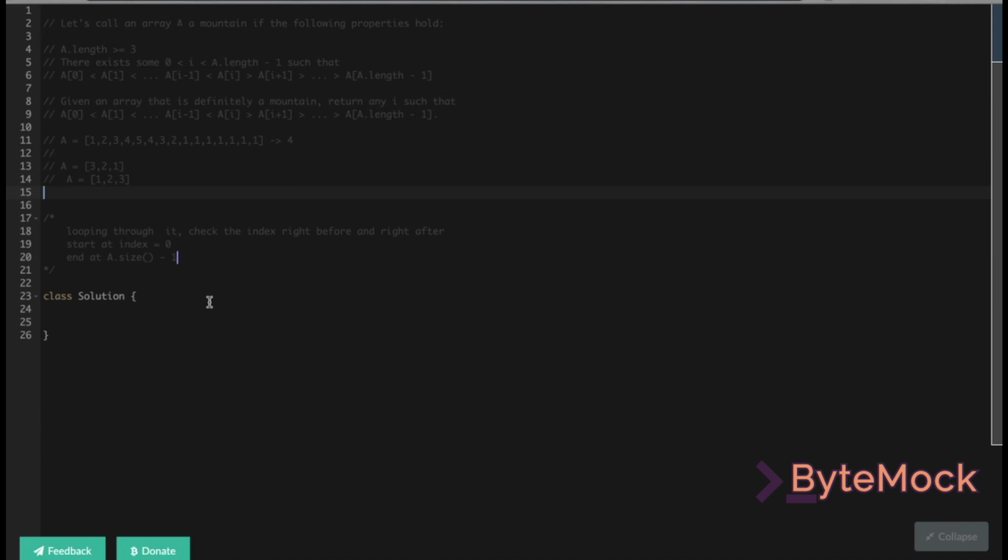end where the index is size -1 to get the correct ending index. All right, cool. Okay. Yeah, let's just start coding this up. That looks good. Okay. So we'd say for, starting with I equals 0, and then say for I is less than or equal to A dot size of 0